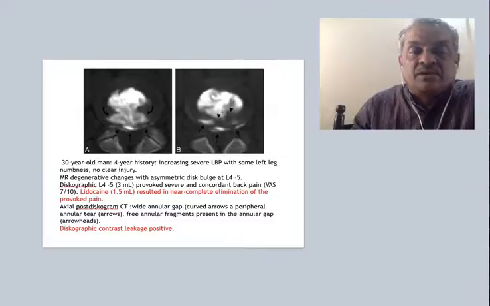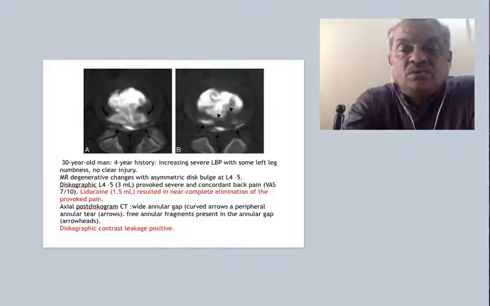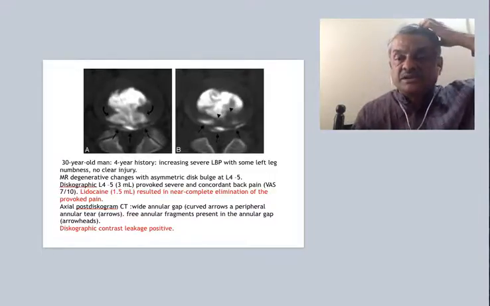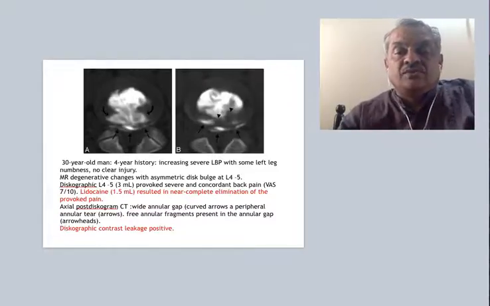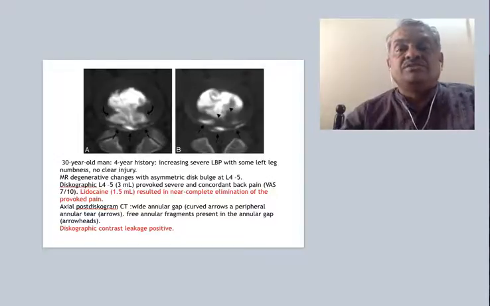Now here we are trying to highlight certain things. This is a 30-year-old male with a 4-year history of increasing severe low back pain with some left leg pain and no clear history of injury. The MRI shows degenerative changes with asymmetric disc bulge at L4-5, and on discography at L4-5 we were able to inject 3 ml inside the disc, and it provoked severe and concordant back pain, and the visual analog scale was 7 out of 10. Once we injected lignocaine, about 1.5 ml, it resulted in near complete elimination of the